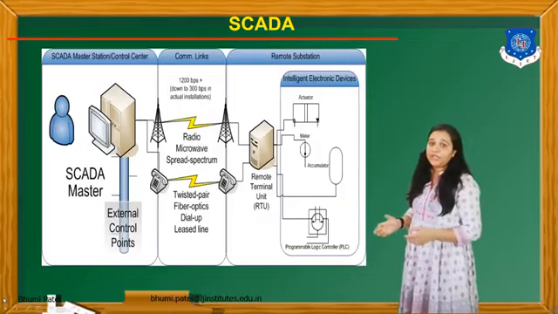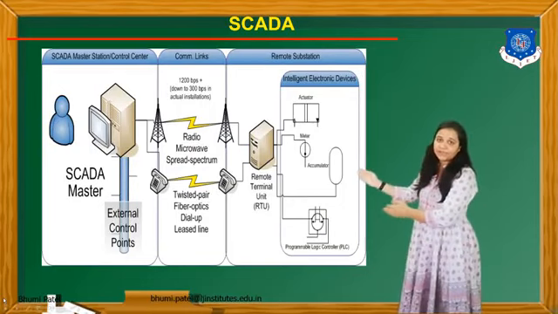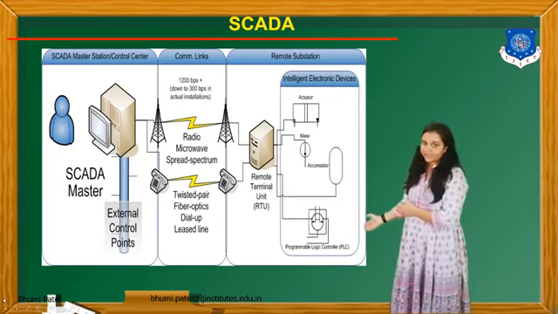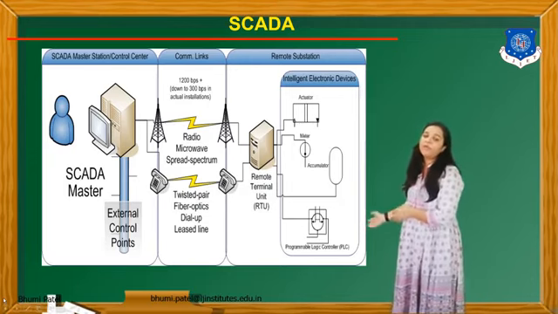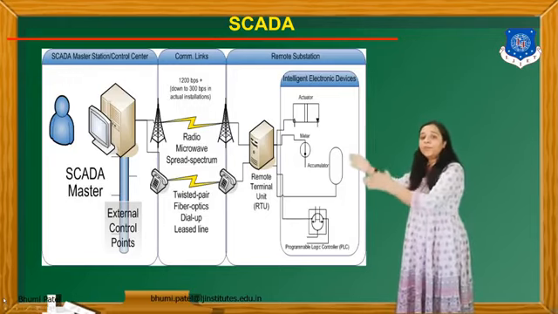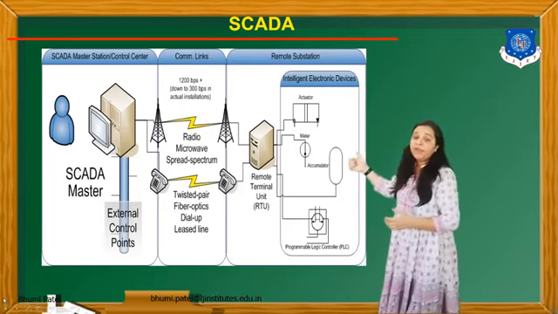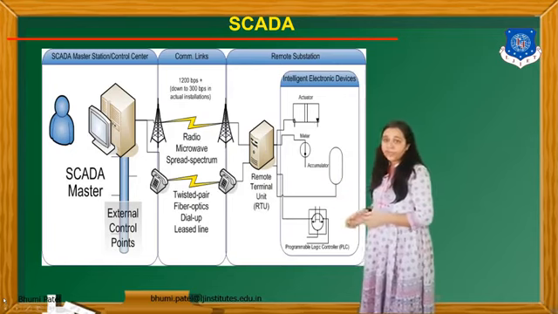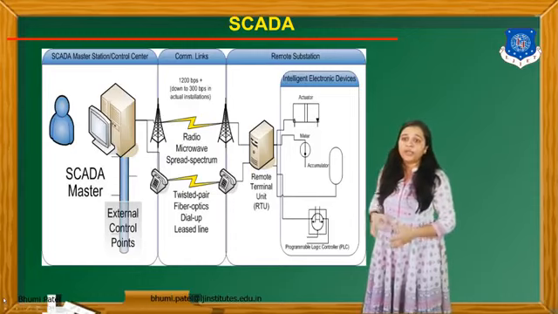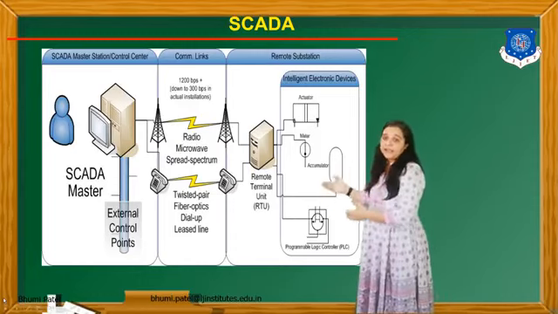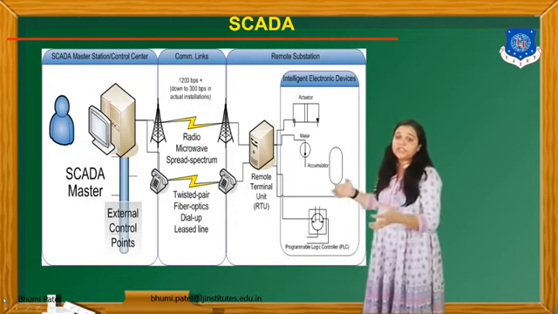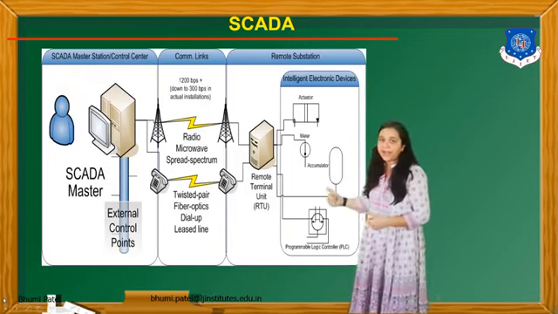Okay, so here you can see that first we have to decide the system, then we connect this system with the PLC. Whatever programming is done, we load it onto the hardware, and then we connect with the actuator. Now the whole process is connected with one device. That device is known as the remote terminal unit. SCADA is connected with this remote terminal unit through different types of lines, wire, radio frequency or microwave frequency. So this is the communication link between SCADA and the system.